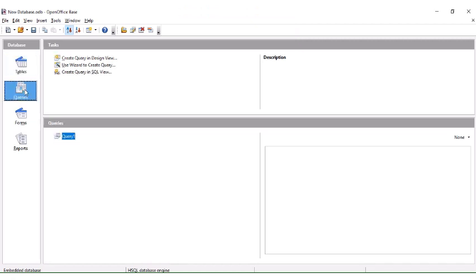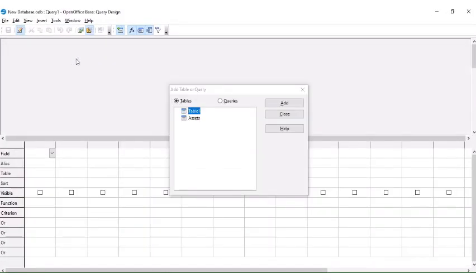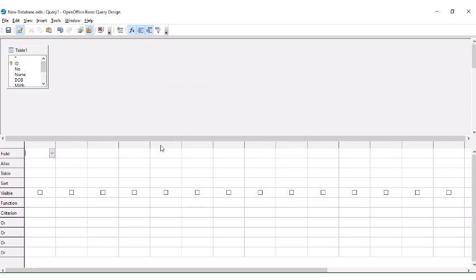Now once you create a query, you get a few options. The very first we are going to learn is create query in design view. Once you click on query you have to select your table. So I am selecting my table first, table A. Now here you are required to select a field. Field means this, right? Okay, so I want to select name, and some criteria that we are going to see.